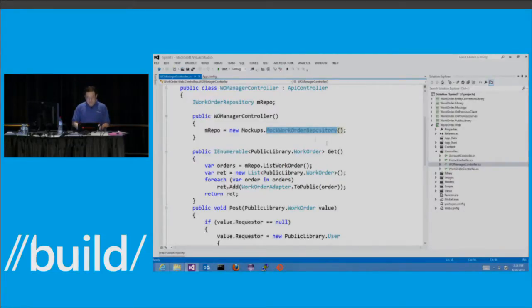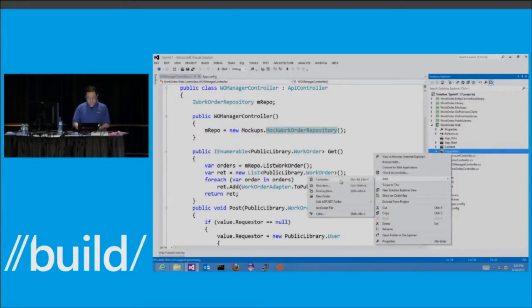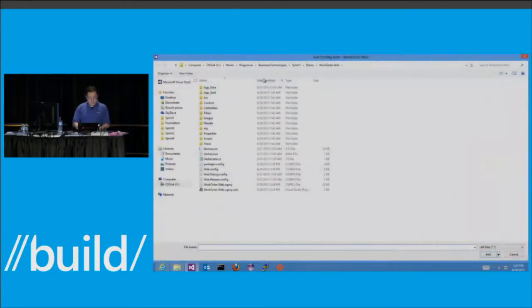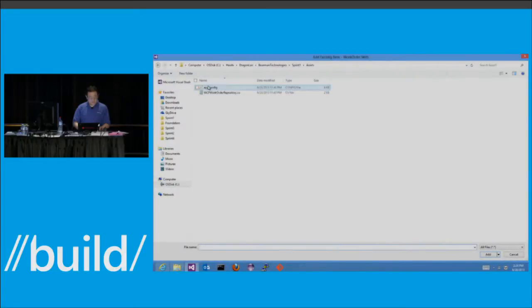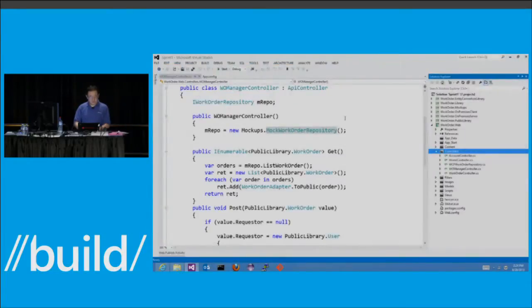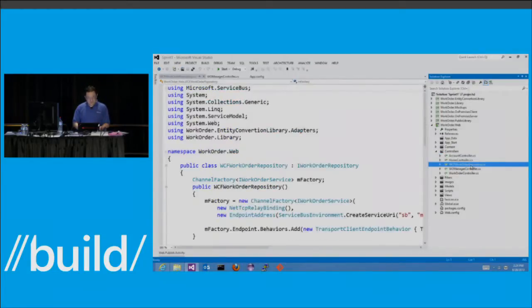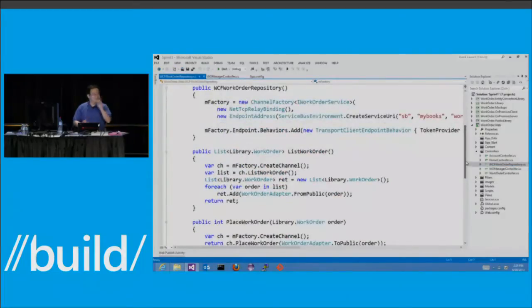So in this case, I'm just going to create a new repository to replace this mocked repository. So this is my WCF work order repository. And here, I just said you should prefer configuration over code, but here I'm showing the code just to explain how it's done. But this is not what you should do.